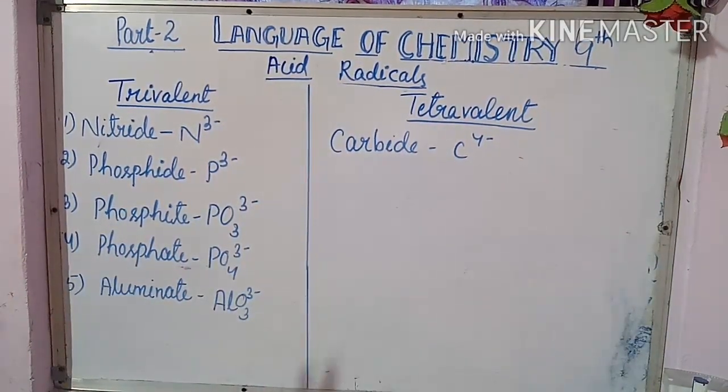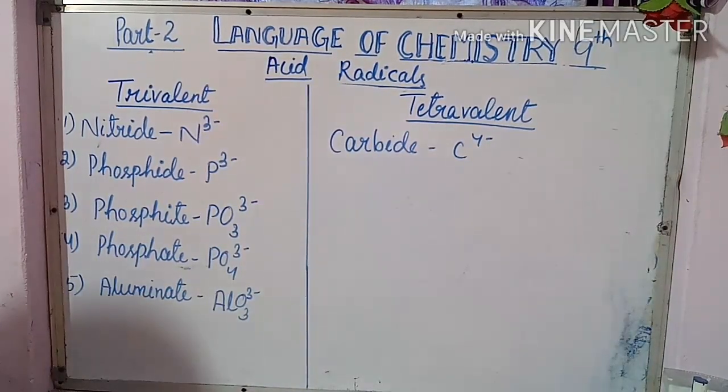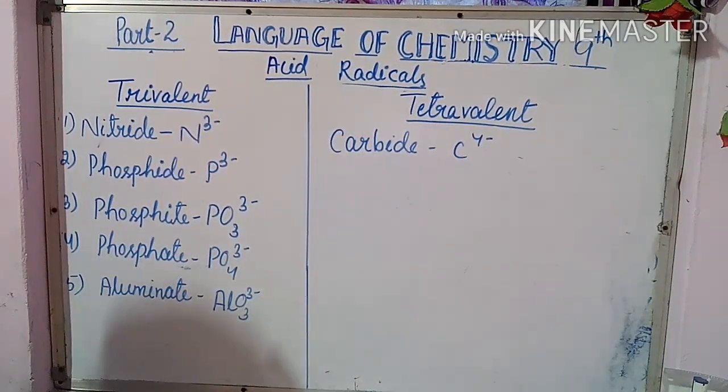So whatever I have written about the acid and basic radicals, you have to learn by heart. First you remember it. This much only will come in your 9th and 10th exam. So learn it by heart properly and write it in your notebook. Very, very important part. Now the next part I am telling you, that is what is the chemical formula and what is its definition, everything.